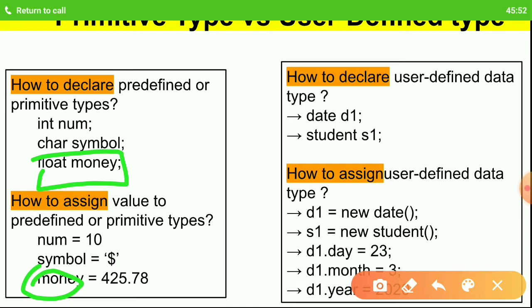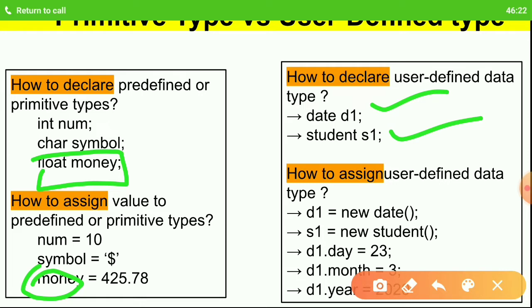Similarly, I've created a user defined data type by the name of student. Now don't worry, I will show you in the next slide how to create your own data types. For now I'm showing you how to use it. Once you see both how to create and how to use, things will be easier.